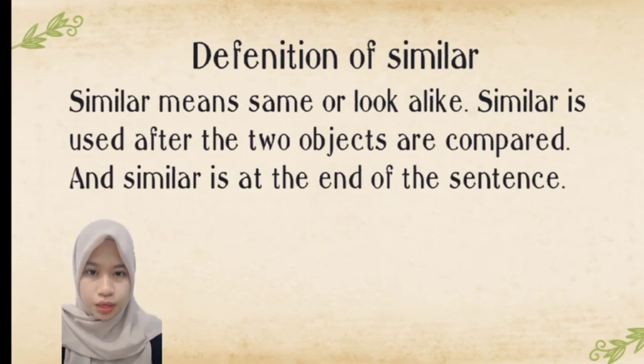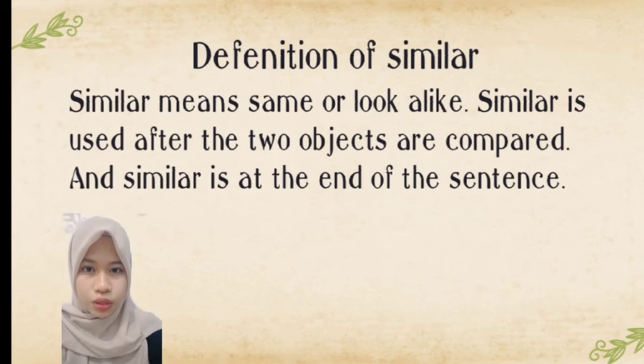Definition of similar. Similar means same or look alike. Similar is used after the two objects are compared, and similar is at the end of the sentence. Example: